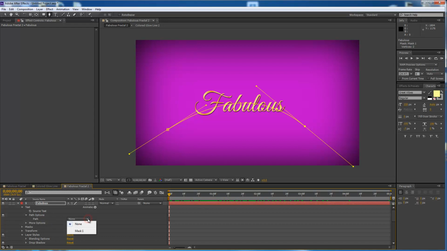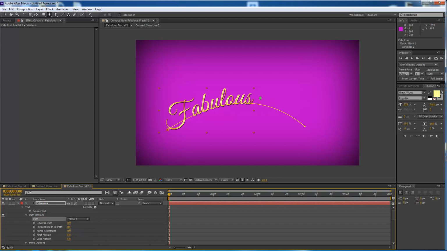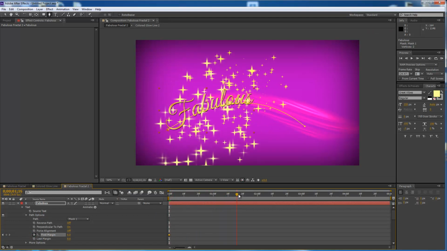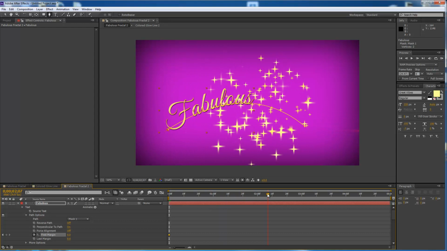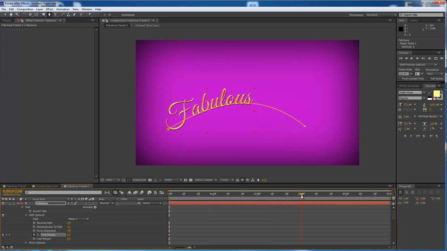And what we've done on this text is actually create a mask, but you can't see it as a mask because it's just 2 points. It's not a closed shape. So anyway, we're going to set this to mask 1, and you can see that our text follows the arc right there. So we're going to animate this text to go from the left to the right. And we'll do that with the first margin. So let's go ahead and set the first margin there. And let's go across here, and we're just going to have it kind of follow that path across, maybe stop about